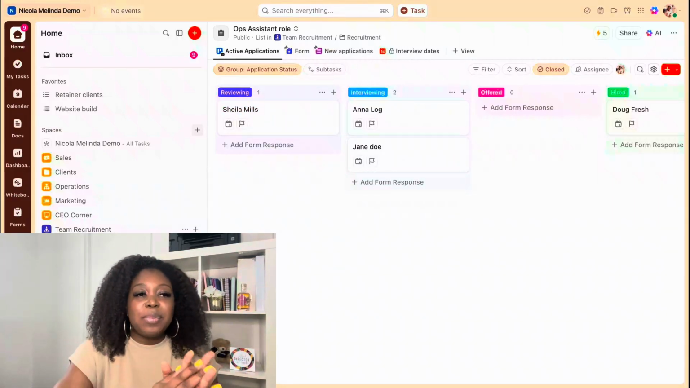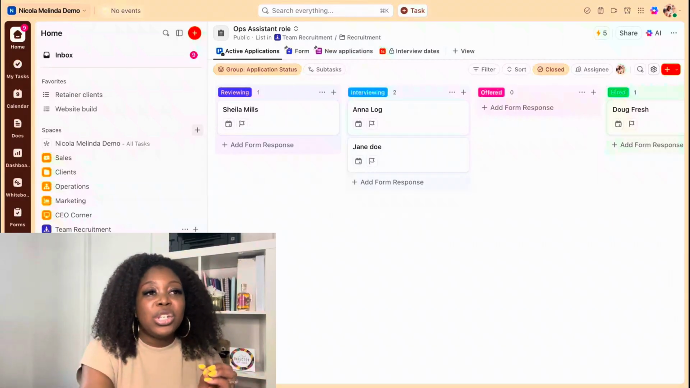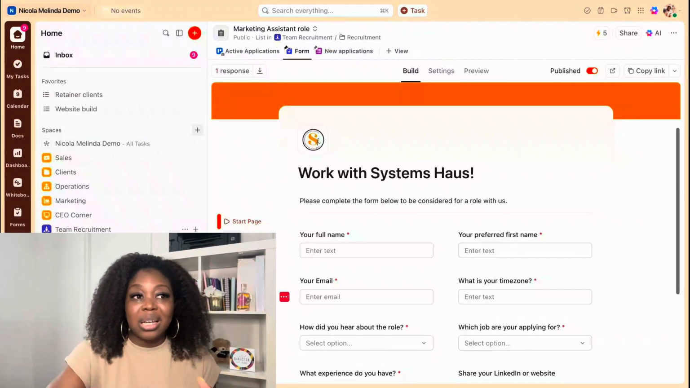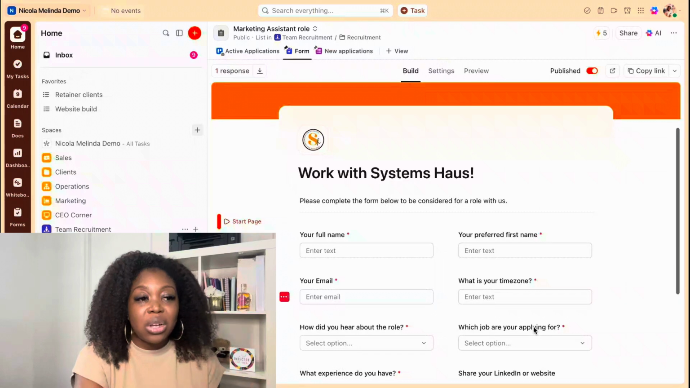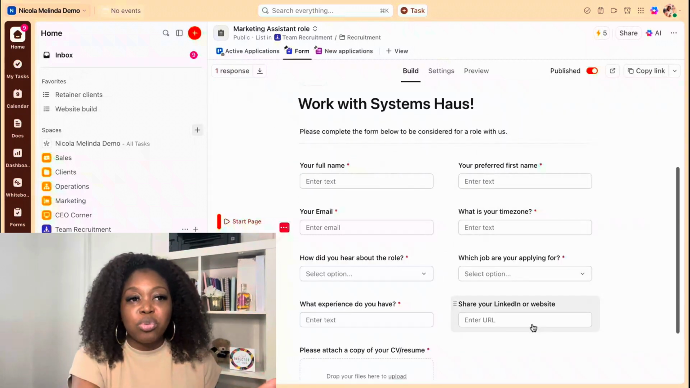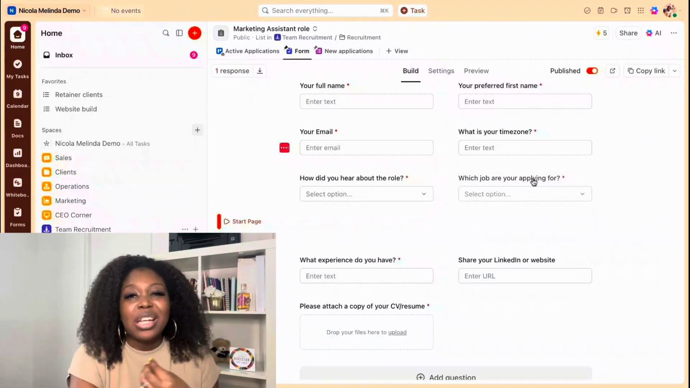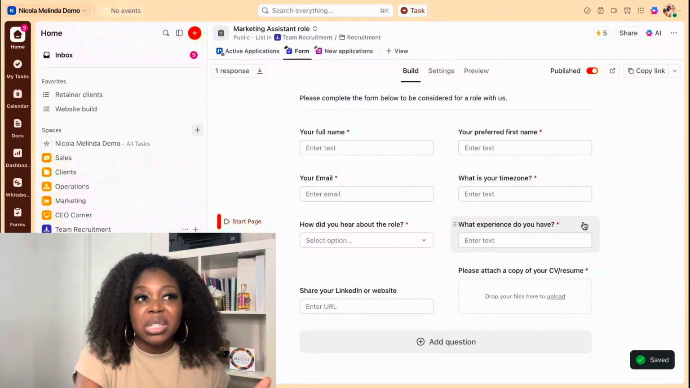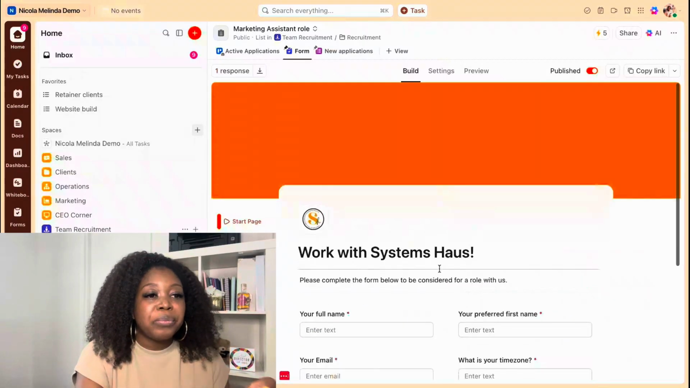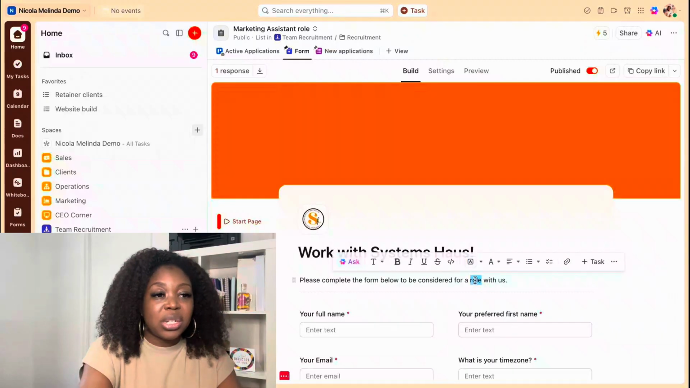So instead of keeping it generic as it is right now, you can make some tweaks to this particular application form. So for example, we would take out which job role are you applying for, because that's no longer relevant because this is a very specific role. We can update the description as well to say,